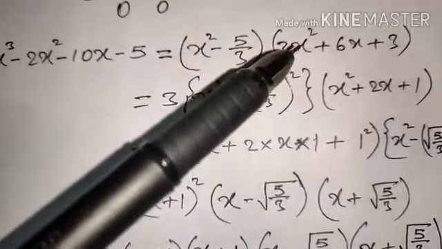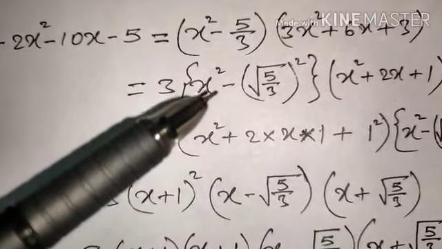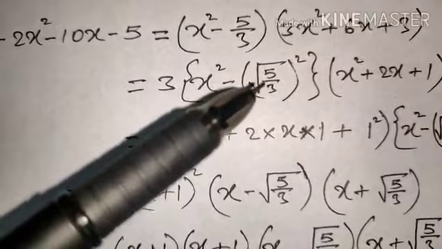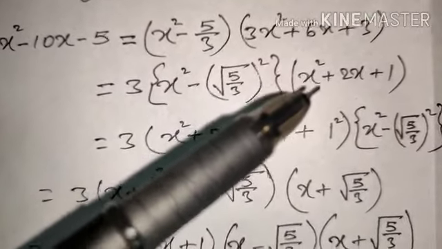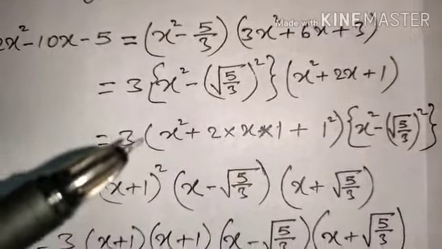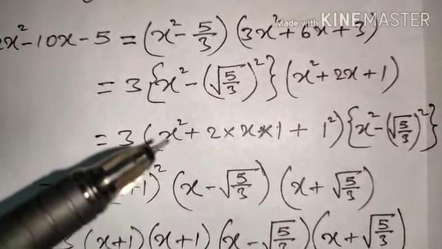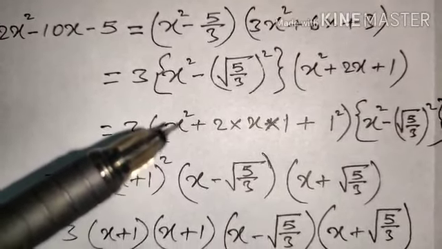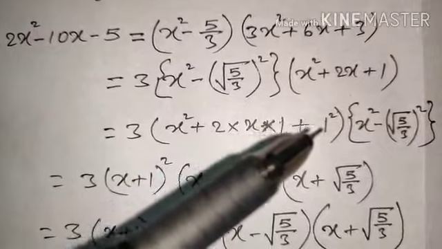So first of all, take out the common 3 from this, and write this in the previous form x square minus root under 5 by 3 whole square, that we can do. I had already discussed this thing with you people. x square plus 2x plus 1. Now just take this to this side and use the identity a plus b whole square. So we are doing that. x square plus 2x into 1, that is a square plus 2ab plus b square,